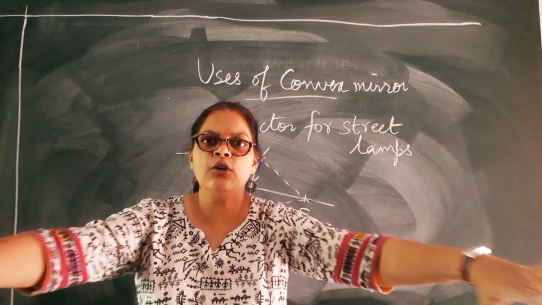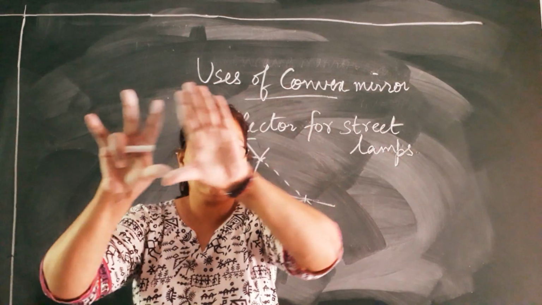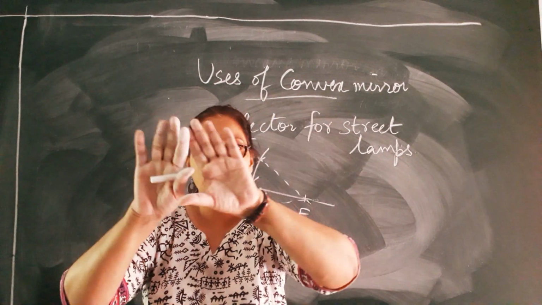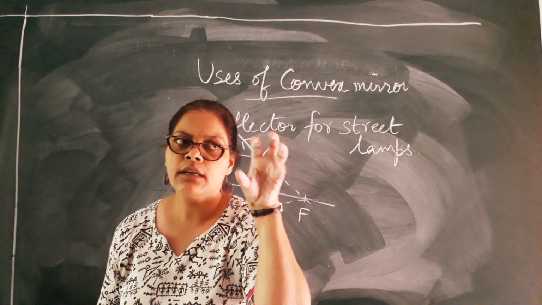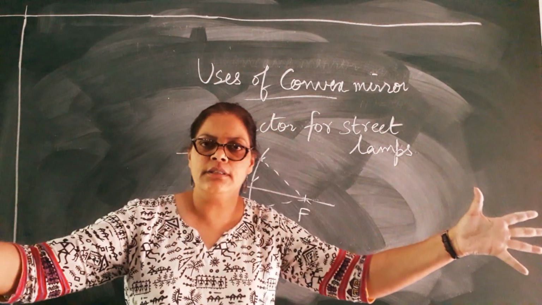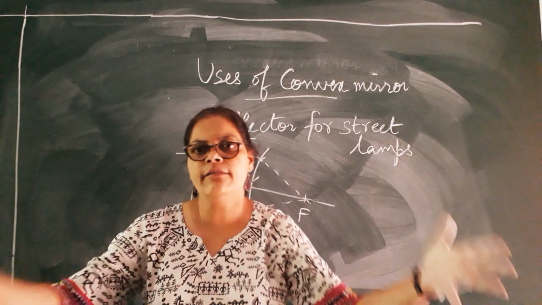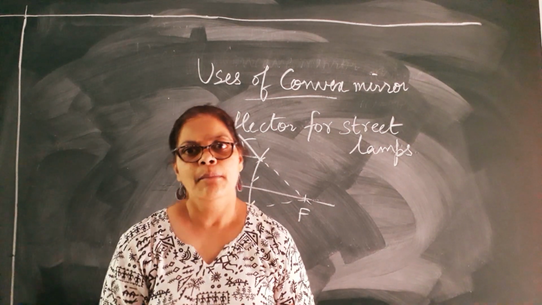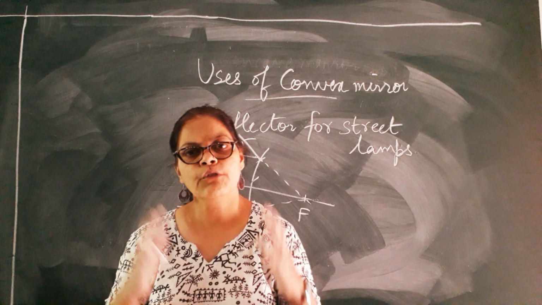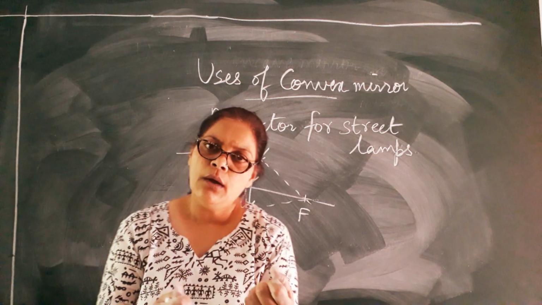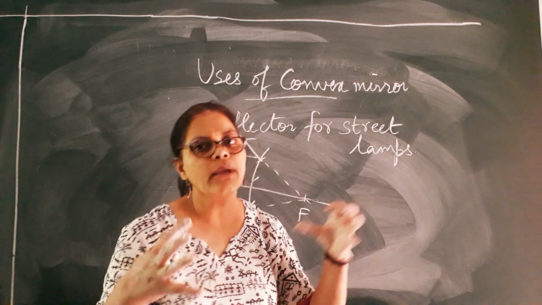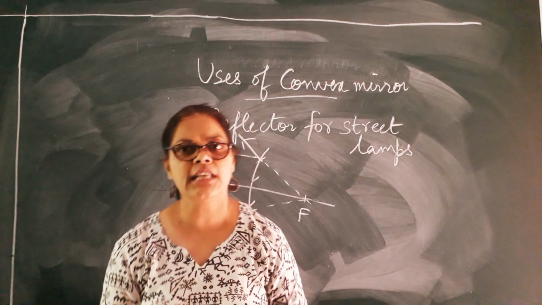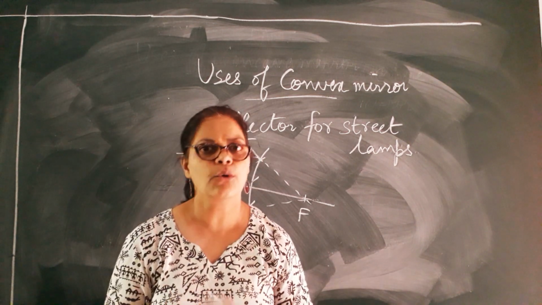Even when you are performing on stage, they have spotlights which move on to the stage when it is totally dark. Sometimes it converges and sometimes it diverges. The beam of light can be converged or diverged. What do you think will be used in that light, children? I want you to find out how we can diverge a beam and how we can converge a beam at a point during stage performances.